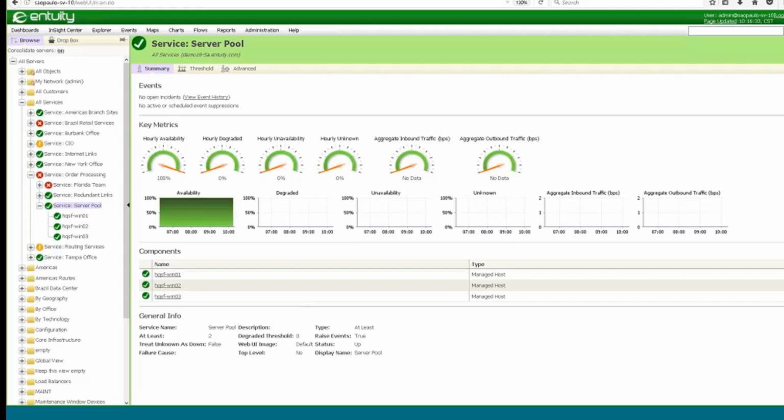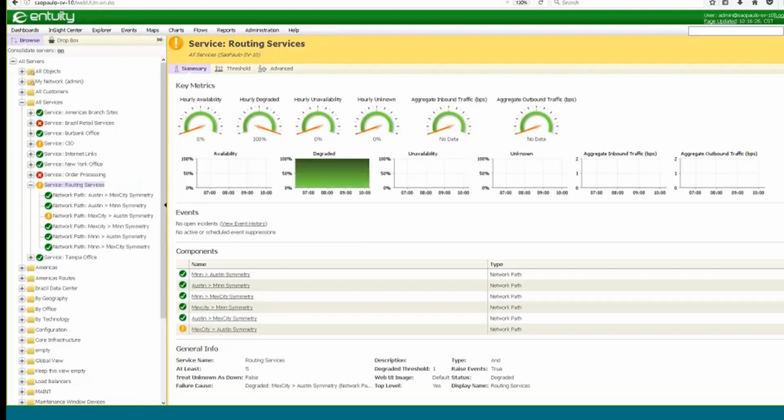Let's take a look at something that's a little bit different, not as complex, but it leverages the Entuity SurePath capabilities. So what I've done here in my routing services service definition is taken a number of network paths that I've actually added into the system. Now, I'm a network guy. I come out of that space, so things like asymmetric routing, routing loops, and things like that are important to me. So in my network, I've created a number of network paths using SurePath to help me